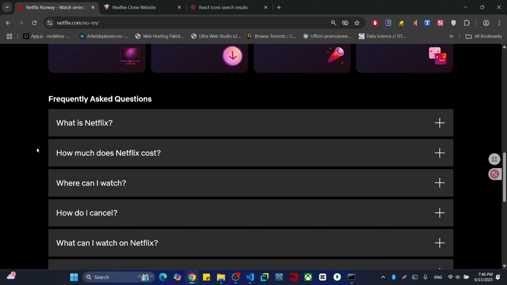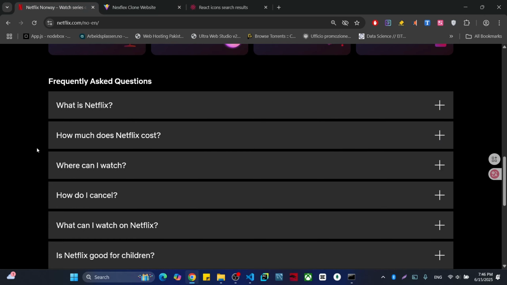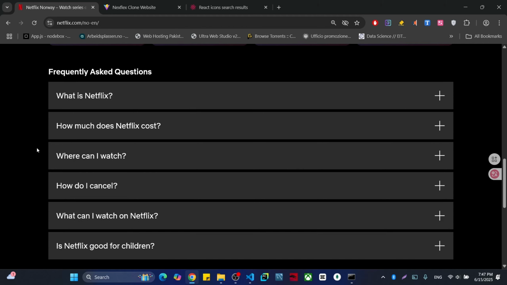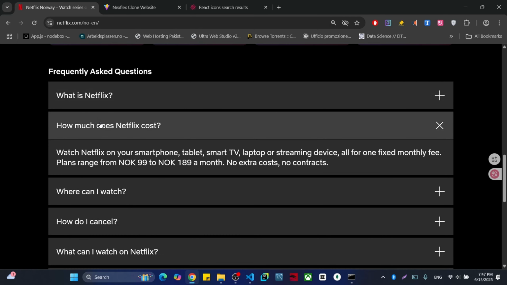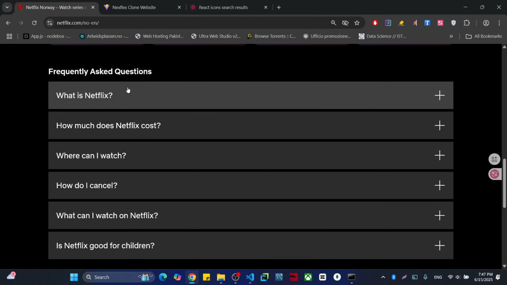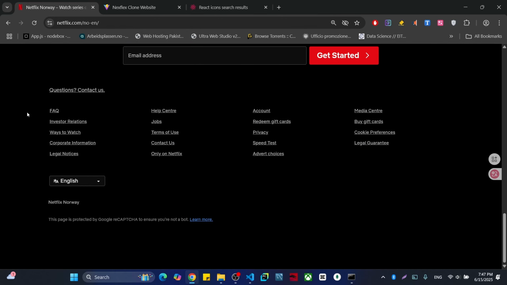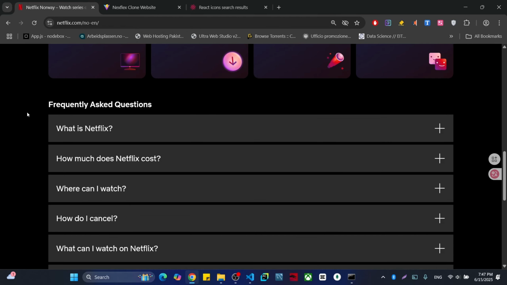Then we are going to come here to frequently asked questions. We will use some sort of state in React, and we are going to make a similar effect like this one, and maybe you are going to see that one. And we are nearly at our final step of this project, so take a little bit of rest, and then we will be back. Okay, we are now going to add frequently asked questions,